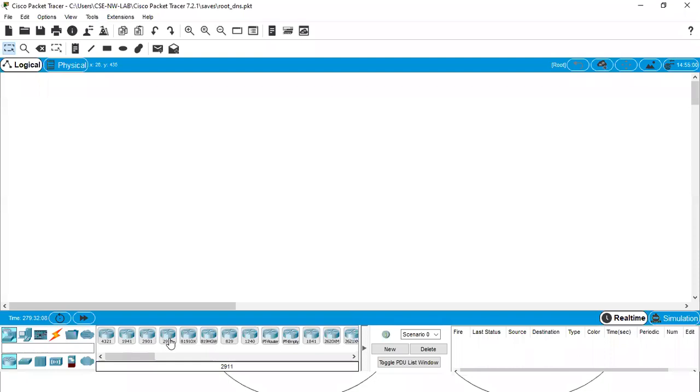So first we'll select 2 routers. Next, we'll connect the PCs through a hub.